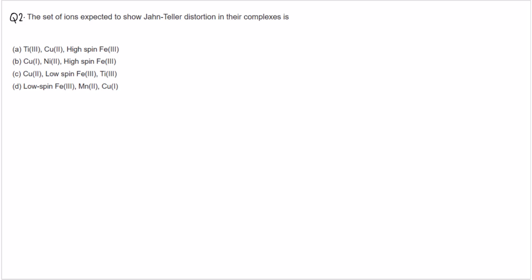Hello everyone. So again, here is a question on Jahn Teller distortion. Again, I would request everyone to go through this concept first before attempting these kinds of questions. You read the theory: what are the conditions for Jahn Teller distortion, what is asymmetric filling of d orbitals, how